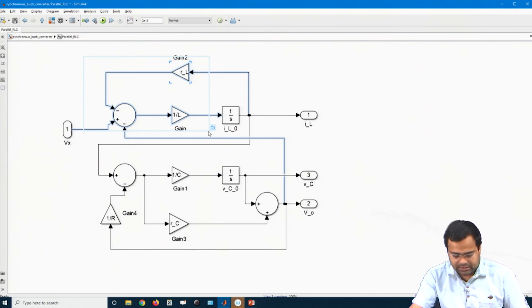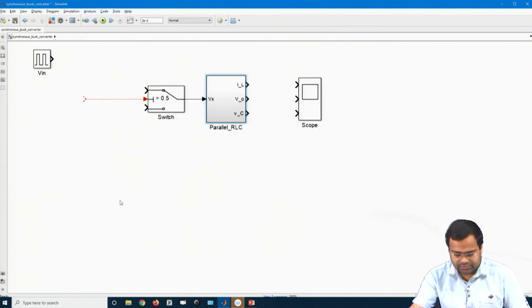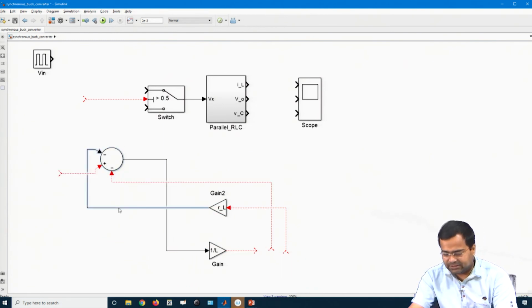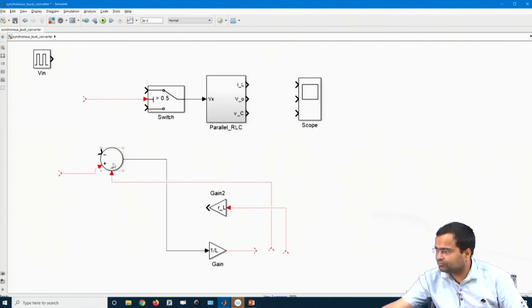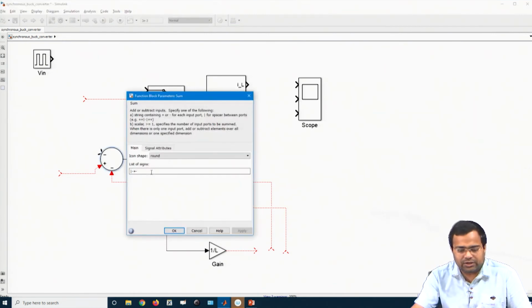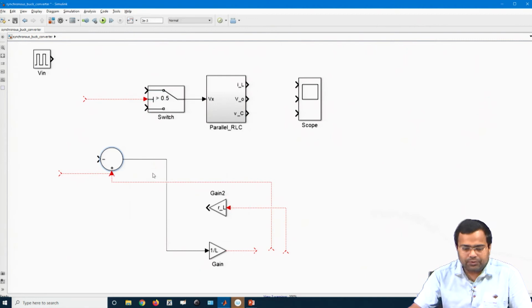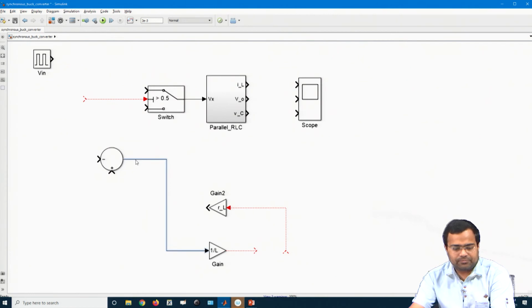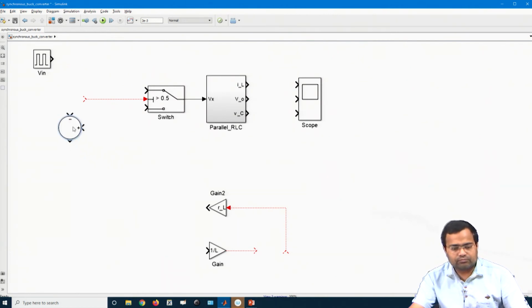Let us take, we need some of these blocks. So, what we need for the first block, that means when the switch is on, it will take V in minus R1. So, I need only 2 blocks. Okay, I need V in.